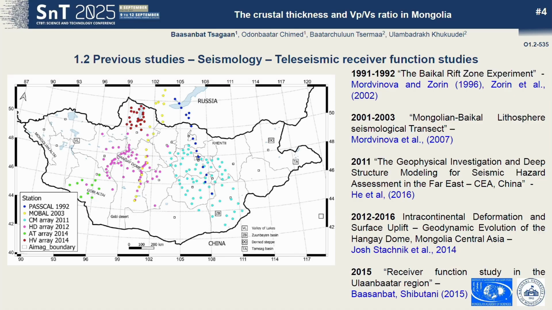The distribution of stations covers the Gobi Altai region, Mongol Altai region, Khangai mountains, and Khuvsgul area, as well as the southeastern part of the country. Using data from these projects, researchers studied the crustal thickness and seismic velocity structure beneath these mobile stations.